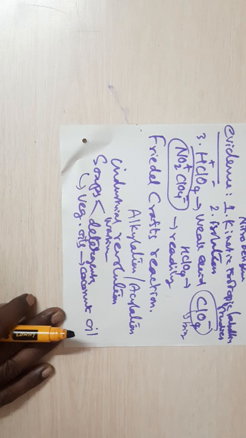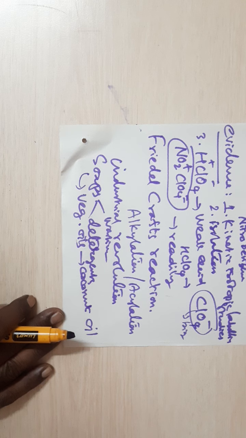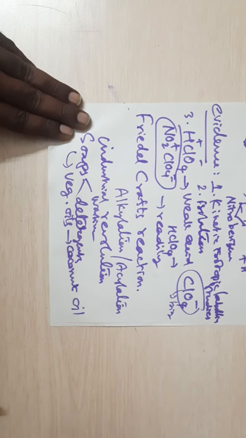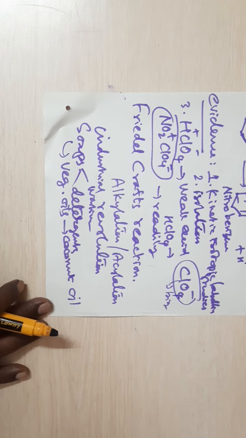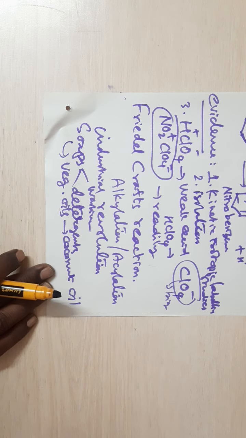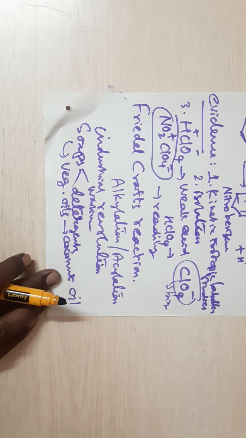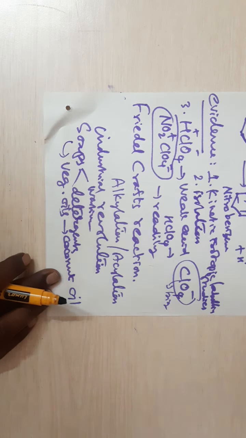So because of the high demand, people's dependence on soaps and detergents for washing purposes, the coconut oil consumption was more and the price of coconut oil increased sharply. There was a demand for coconut oil. So the industrialists thought of finding a substitute for these soaps, that is, a substitute for this coconut oil. Coconut oil is a vegetable oil. It is nothing but your aliphatic fatty ester,